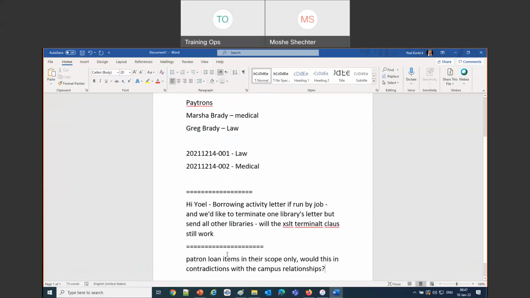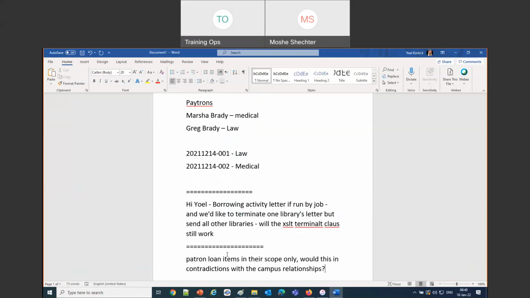Okay, so someone asks, borrowing activity letter if run by job, and we'd like to terminate one library's letter but send all other libraries, will the XSLT terminate clause still work? I believe it will.